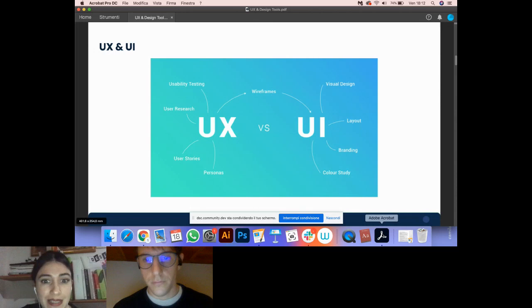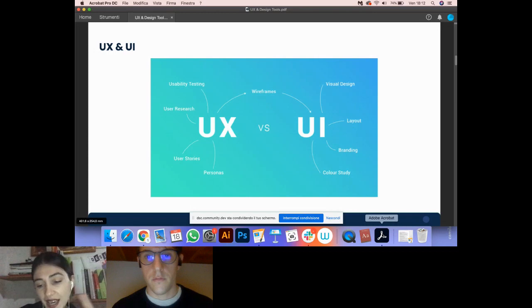Instead, UI stands for user interface. It's a subset of UX, and it's the visual part of the UX design. It indicates all the visual elements that the user uses to interact with a device.